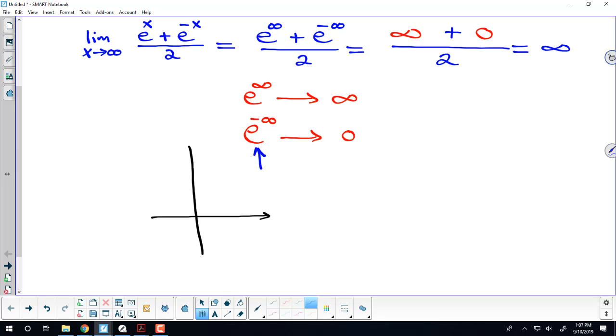With that in mind, you can compute the limit at negative infinity, because it'll be very similar. Does anyone have any questions or comments on that? Can you show us how e to negative infinity is approaching 0? Yeah, so we can think of it